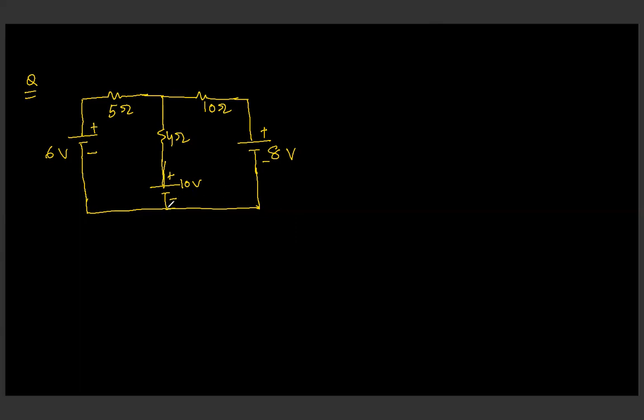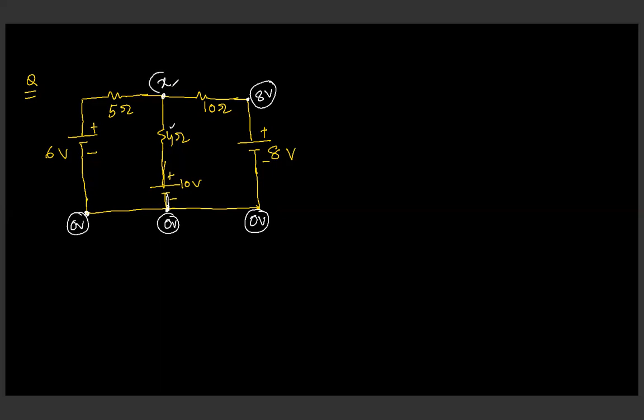For that we have to identify the junctions and assign potential to those junctions. We can see that if I'm going to say that this point is having a potential of 0 volt, okay, then I instantly find that this point is also connected to this point, so this will also have a potential of 0 volt, and this one will also have a potential of 0 volt, right? Apart from that, if this one is 0, so obviously this is going to be 8 volt, because in between them no other circuit element is present. But you cannot certainly write it as 10 volt because a 4 ohm resistor is there. This is not directly connected by a straight conducting wire.